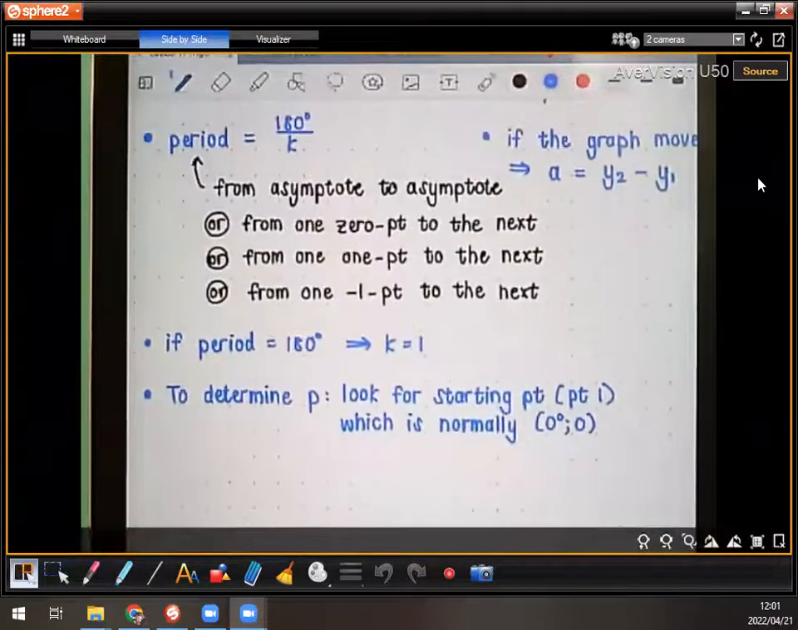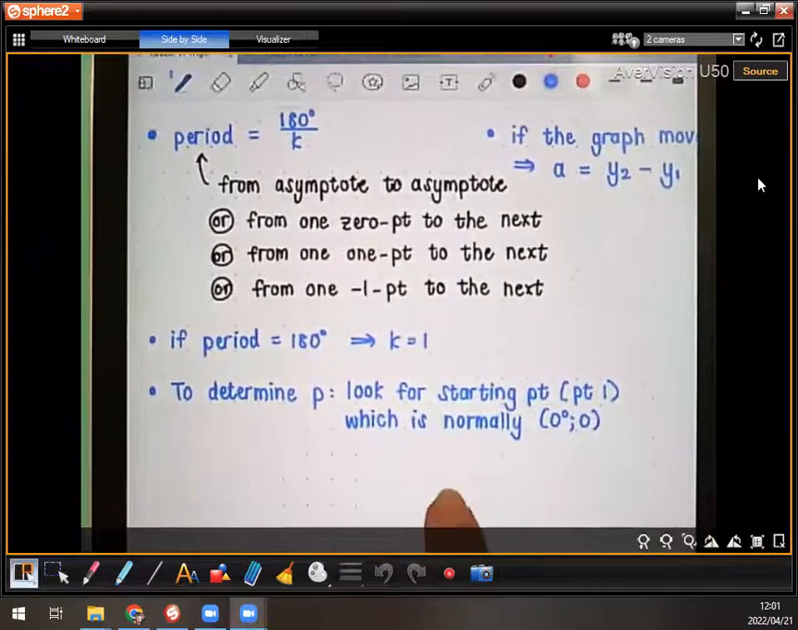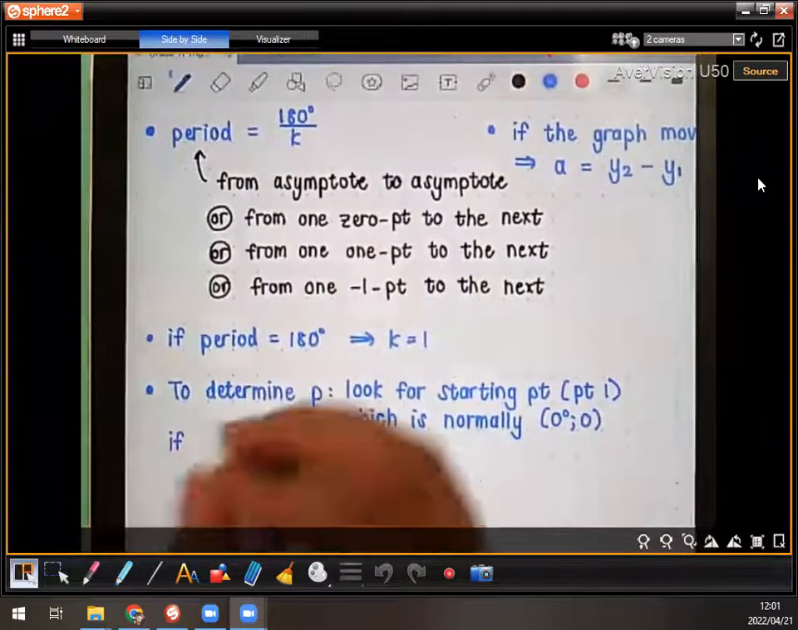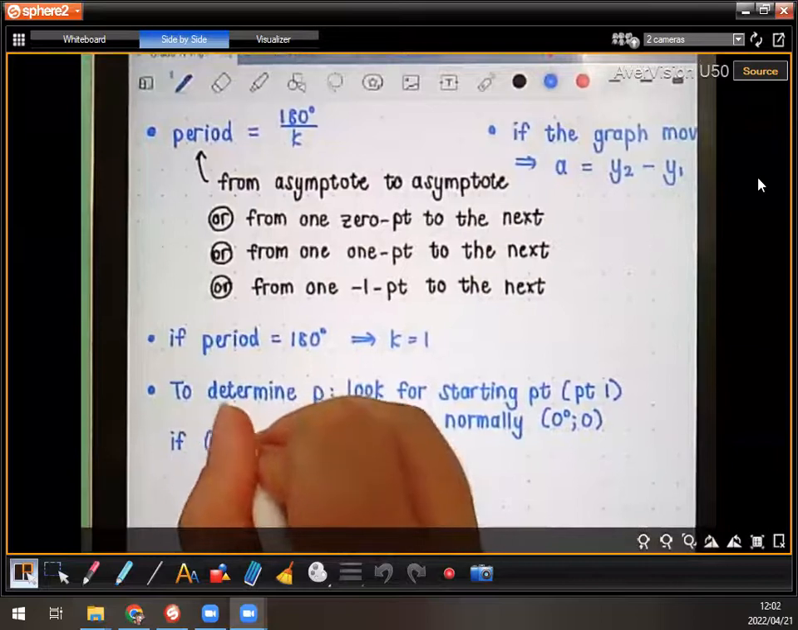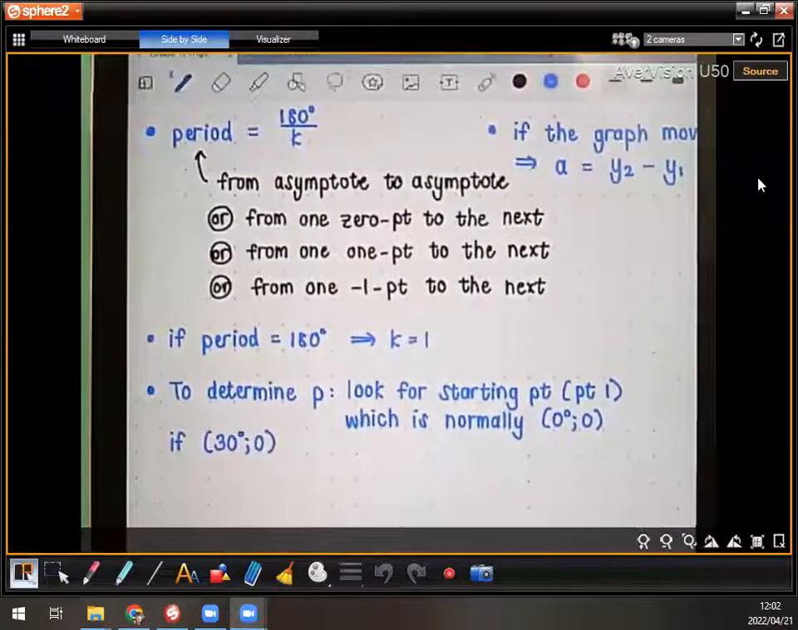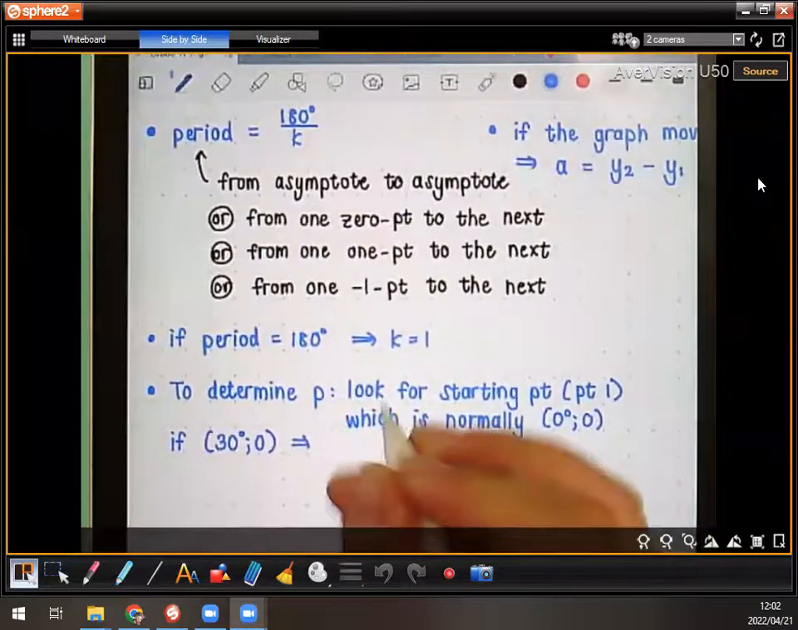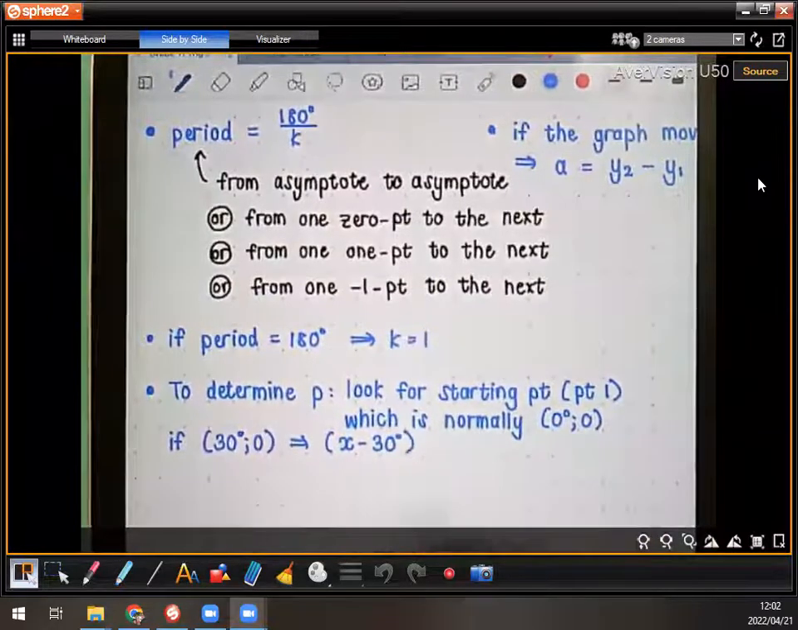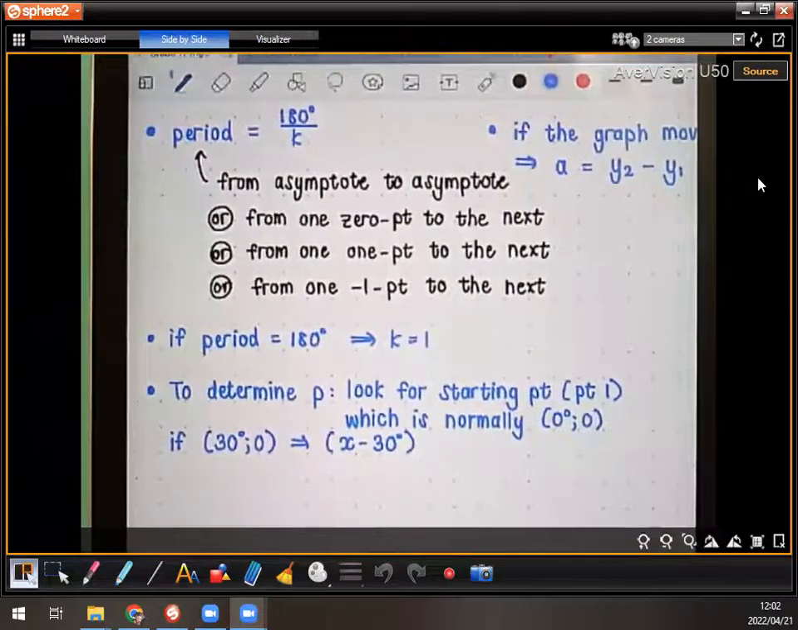If that point has moved to the side, then you need to figure out what your p-value is. So if it is, for example, 30 degrees and 0, then you're going to have in your bracket x minus 30. I haven't spoken about it in a while, but remember, if your graph is moving to the right, if your graph is moving in the positive direction, there's going to be a minus